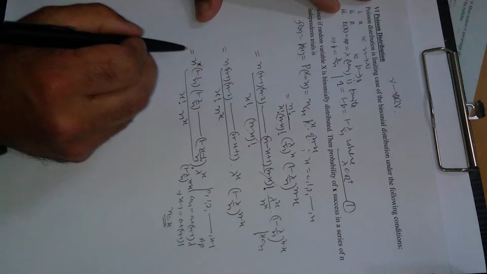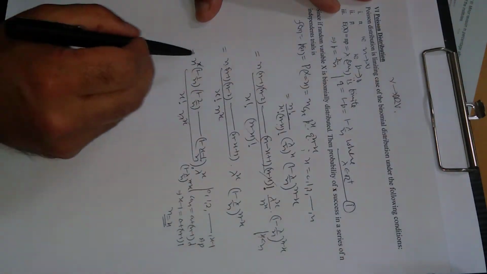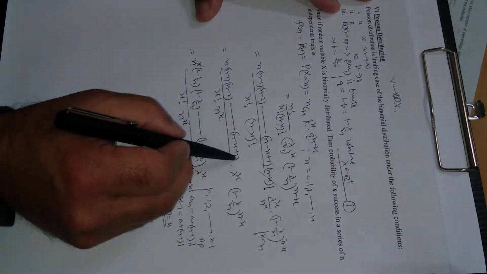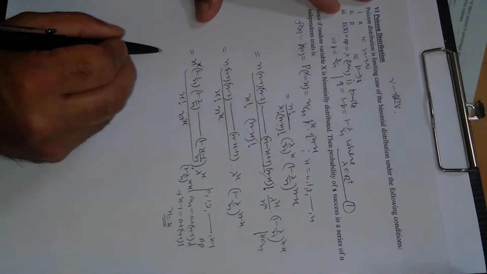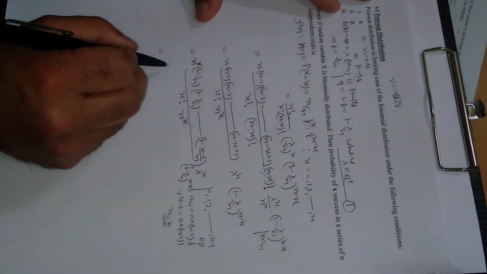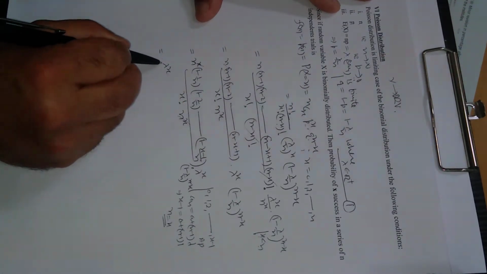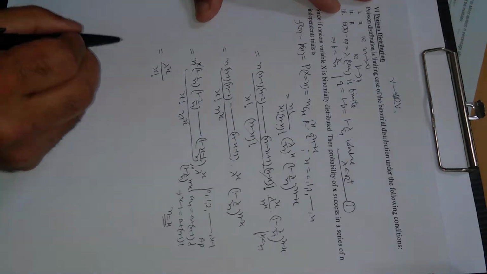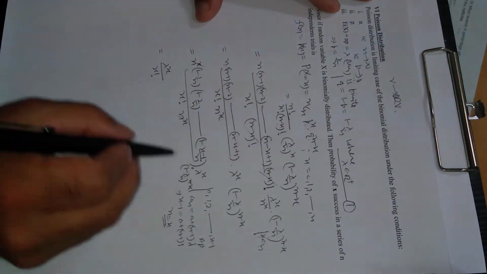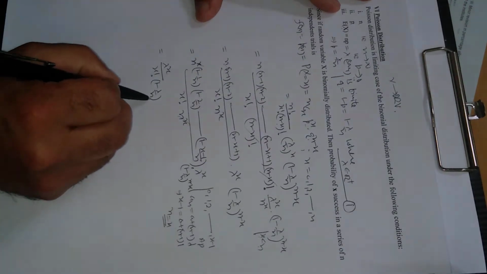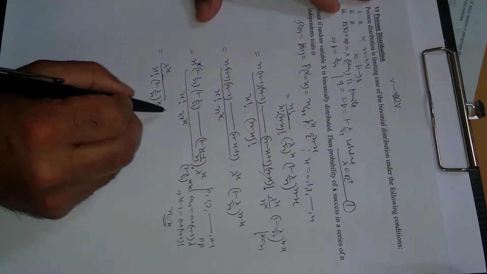Now n raised to power x, n raised to power x cancel each other. This n raised to x is coming because we are taking 1 n common from all of these x factors. All right, so we are left with lambda raised to power x upon x factorial. Now open this one also. If you open this, this will be 1 minus lambda upon n raised to power x, and the rest is 1 minus 1 upon n, 1 minus 2 upon n,